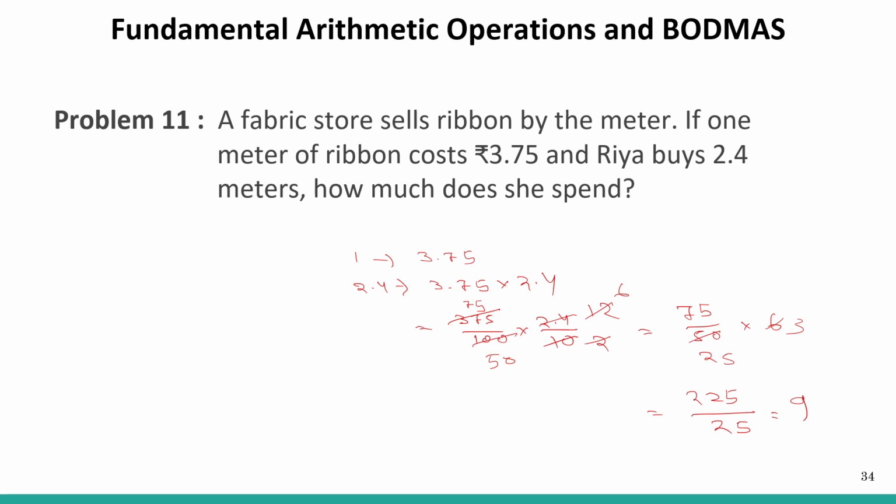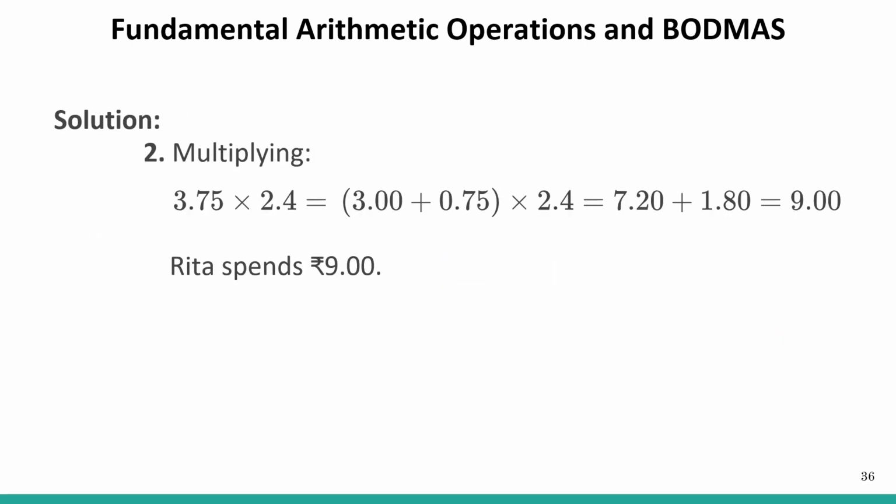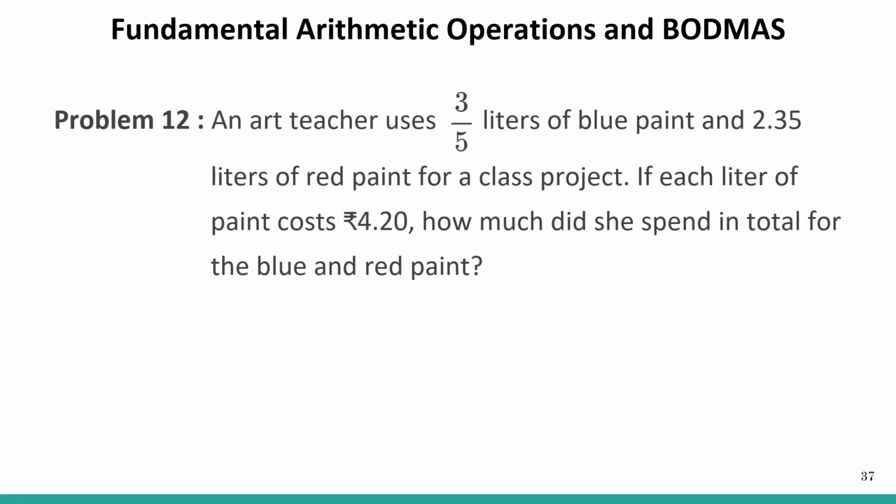So let's see problem number 12. An art teacher uses 3 by 5 liters of blue paint and 2.35 liters of red paint for a class project. If each liter of paint costs 4.20, how much did she spend in total for the blue and red paint? Since both the paints cost the same, let's add the amount of paint used in both cases, that is 3 by 5